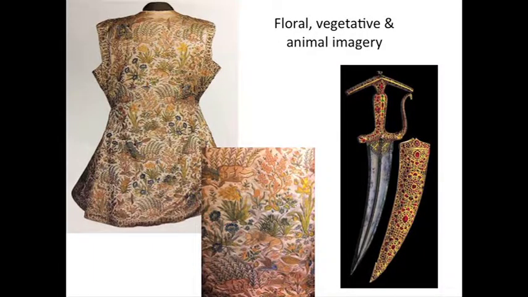I want to talk just briefly about the imagery that we see in textiles, in jewelry, in other objects in this Mughal period. There's a lot of floral and vegetative imagery, a lot of animal imagery. Some of it is hunt-inspired. And during the Mughal period, the patterning on textiles in particular changed drastically from kind of geometric forms to things that were more naturalistic, more floral and plant motifs, and they were done either by means of embroidery, as is